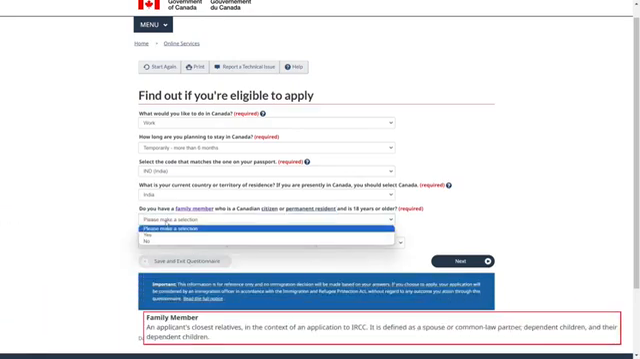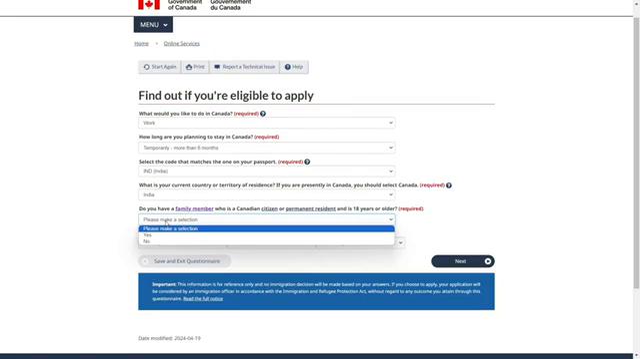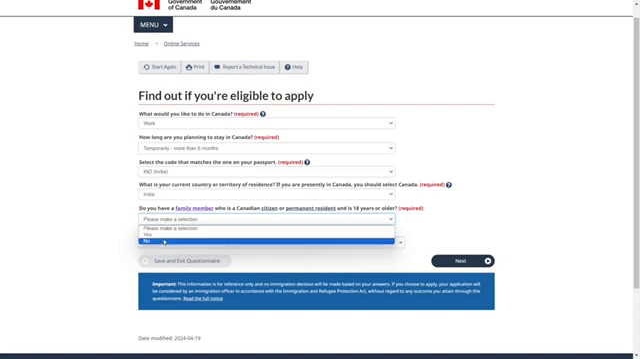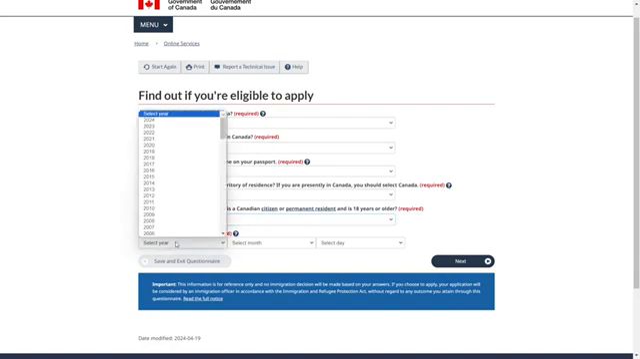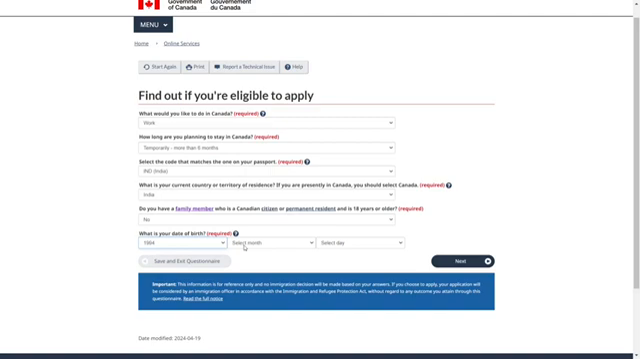Here I want to mention that the family member could be your closest relative, such as a spouse or children. In this case, your spouse is actually on a work permit or study permit inside Canada, so you need to select no. Next, what is your date of birth? You need to select the date of birth of the principal applicant as per the official passport and enter it here, and